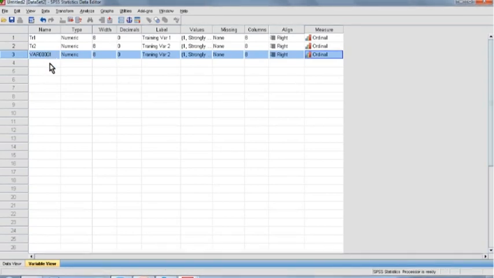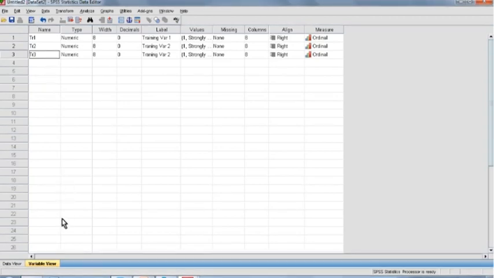Now here the same values have been pasted, but the variable name is different, and the software has given it a variable name of VAR tetra01. Now you can click on the name and rename this whole field according to your needs, which is TR3 here in this case. So after we have just entered the third training variable,